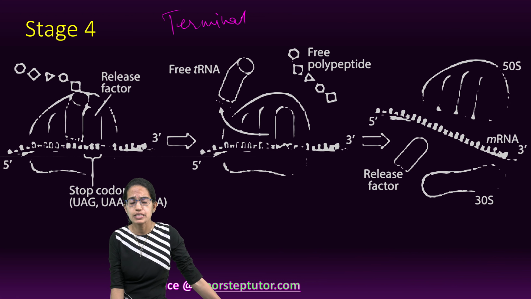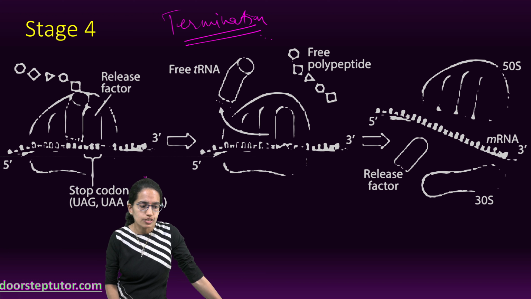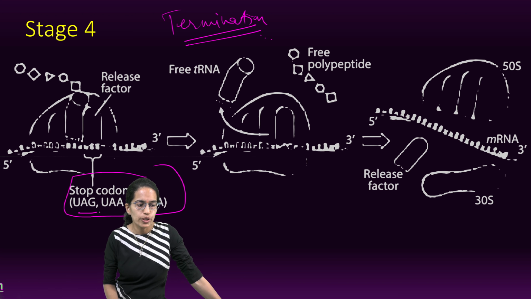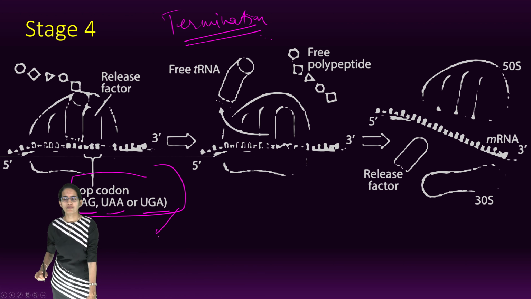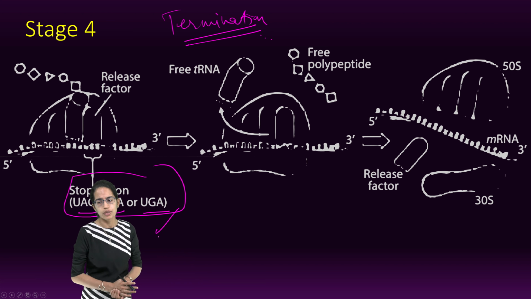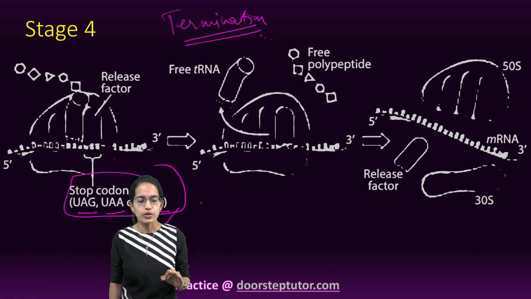The stage of termination in the case of eukaryotes is again similar to the prokaryotes. There are stop codons, UAG, UAA and UGA. The 3 stop codons are important. Their release factors, RF1 and RF2, are important in prokaryotes. In eukaryotes it is a single